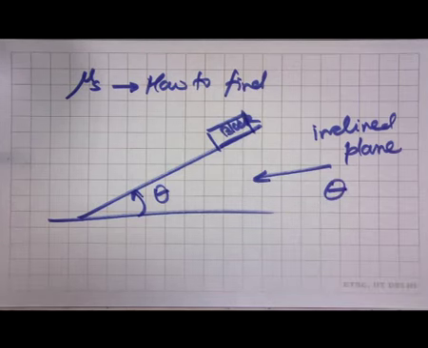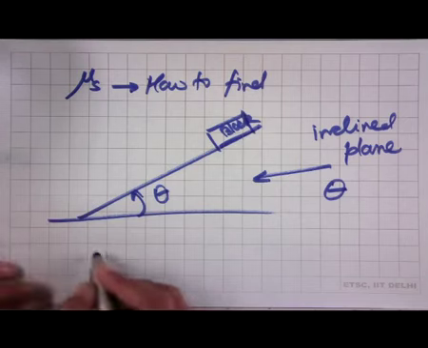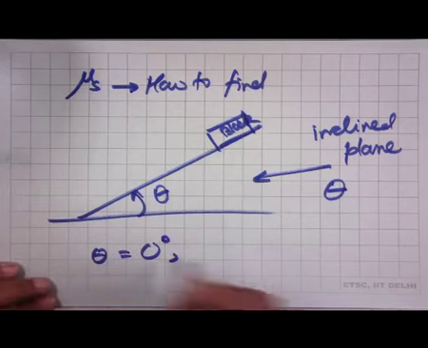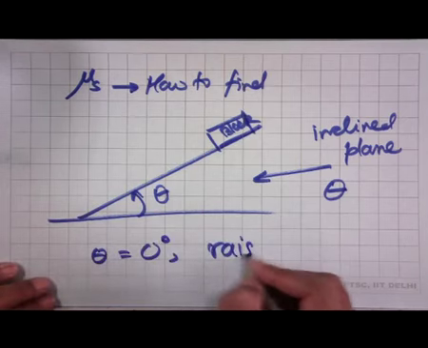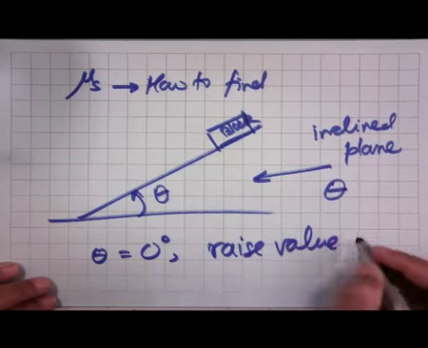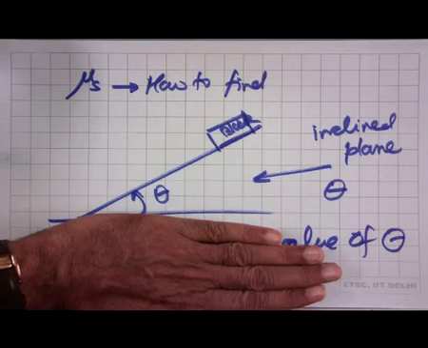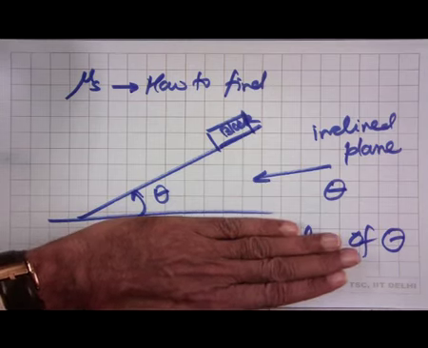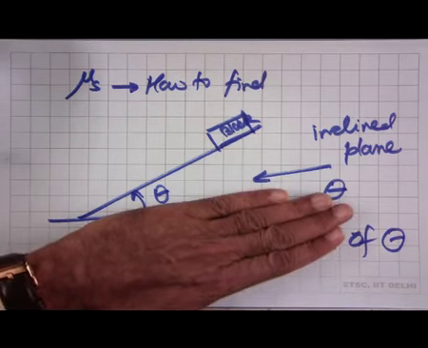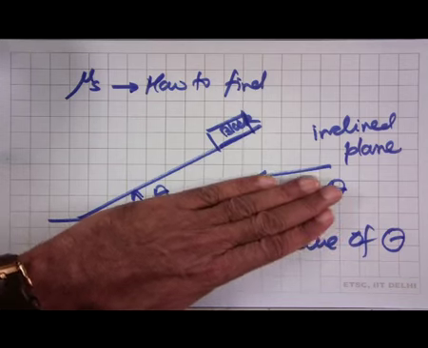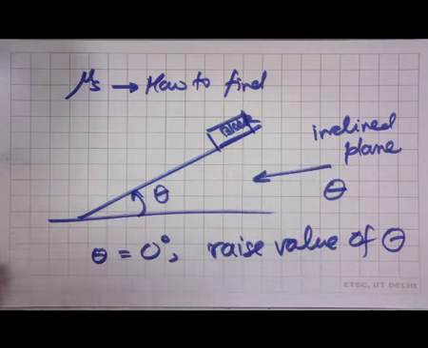What we do is we initially keep theta equal to 0 degrees and we raise the value of theta. So, initially the block would be at a horizontal level and slowly we raise the angle of the incline, and what we find is at